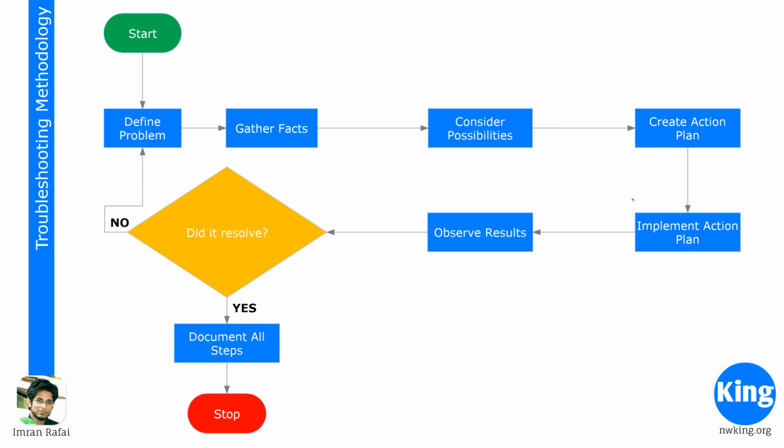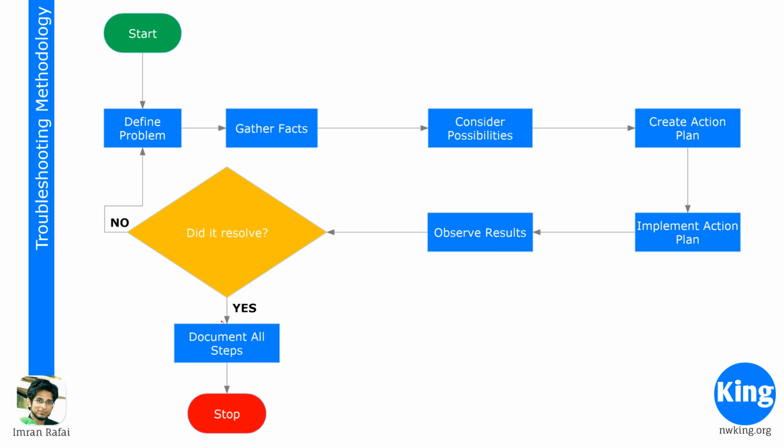Don't do all the solutions and try to fix the issue, because then you will not know what the root cause is. And as long as you don't know what the root cause is, it's going to be a big problem, because you could have a similar problem after a few days and you will not know what the root cause is. So implement one solution at a time and see if you have results. So implement the first solution, observe the result. If it resolved,